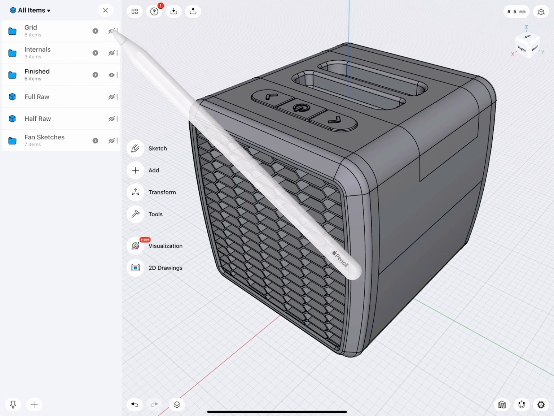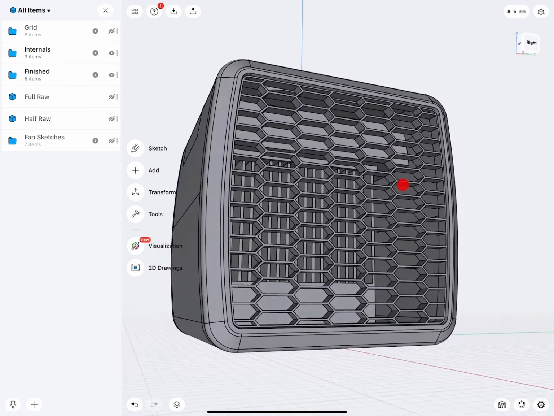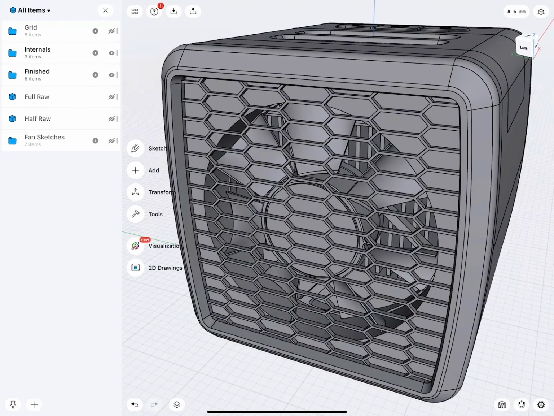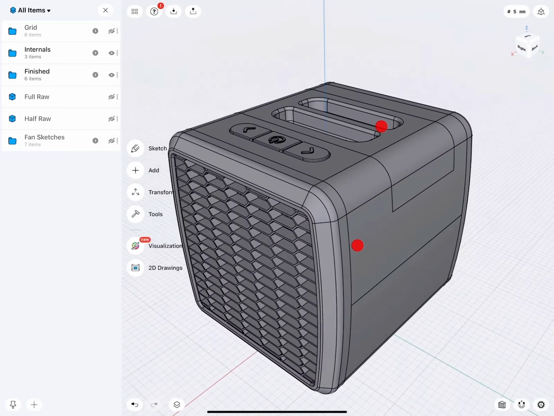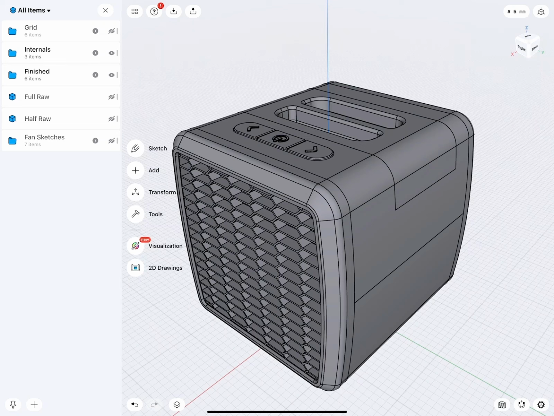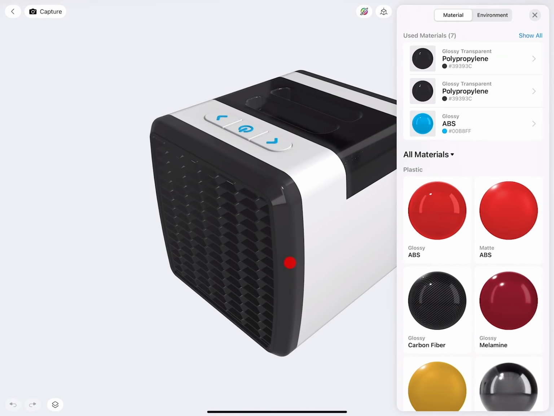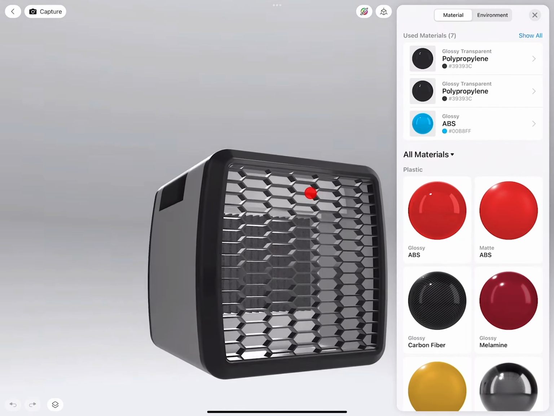Very easy. There are some internal elements in the design, for example, a felt, water filter, and also the fan, as you can see here. And with all that then done, we can bring this into the visualization tool and then create a really nice looking product presentation, like this one.